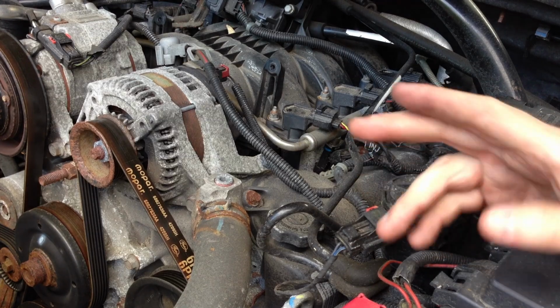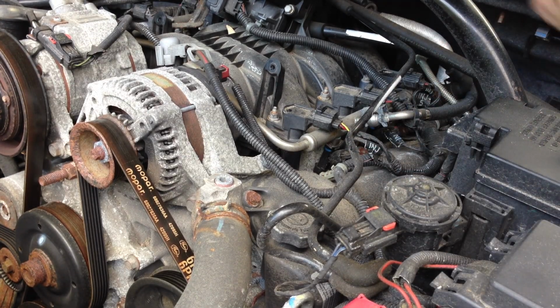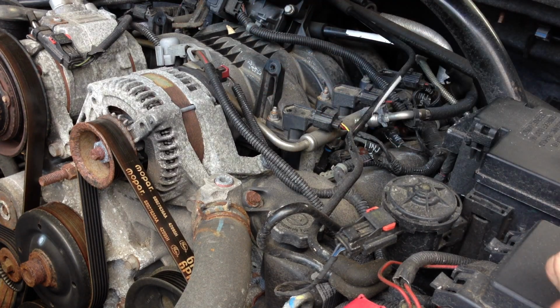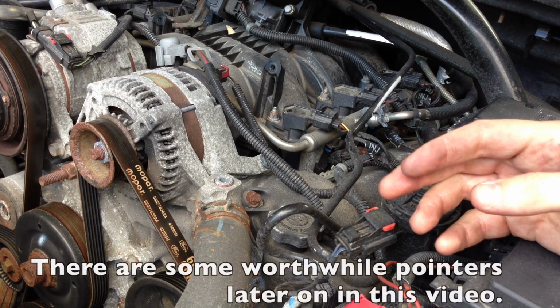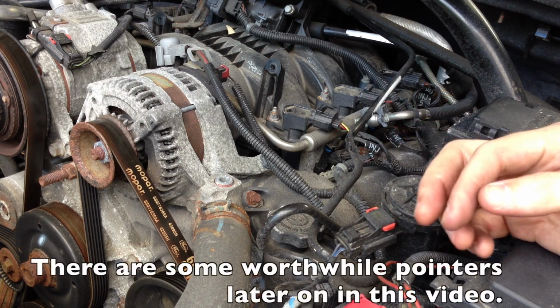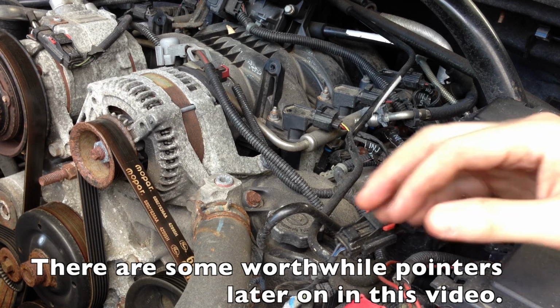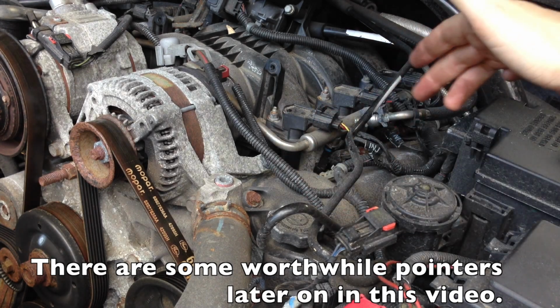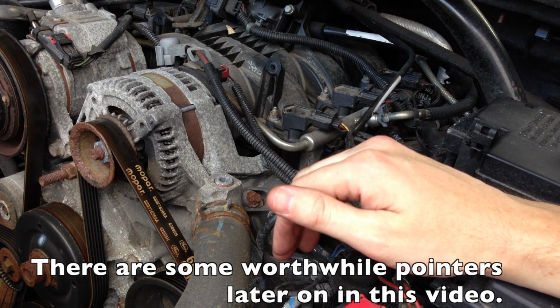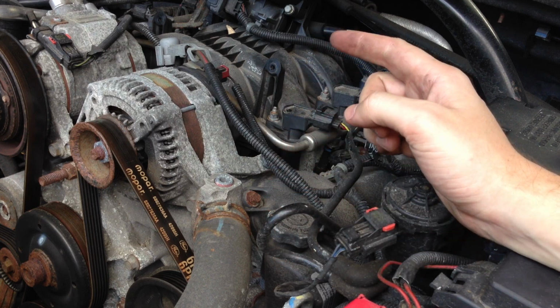We're going to want to repeat this process two more times on this side, and then go over to the other side. And if I find any parts that are difficult, I'll show you some tricks that I may have. But other than that, it's pretty much straightforward, just like the one we did. And just make sure you install the